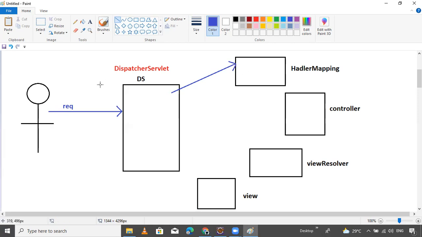Then the handler mapping gets the controller name, like the controller name and location of the controller classes, where your controller classes are present.